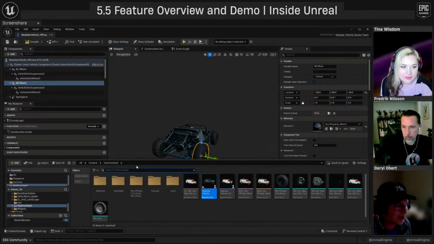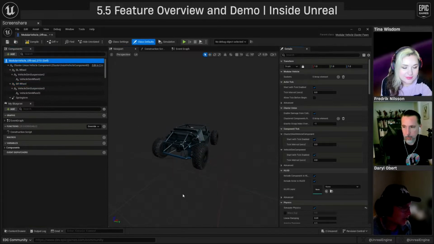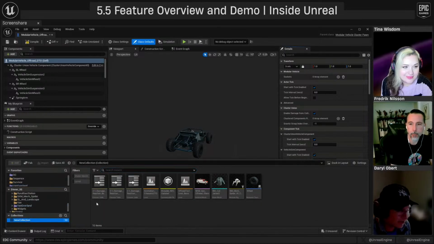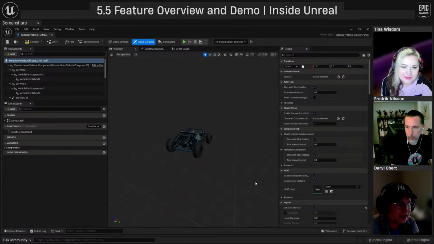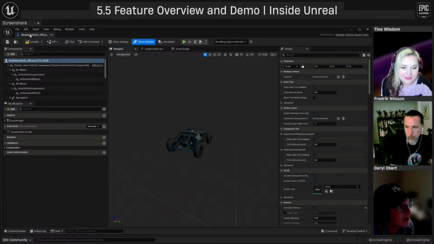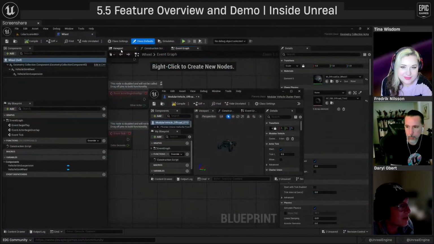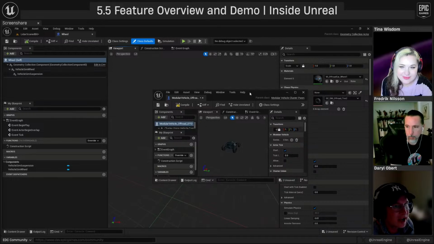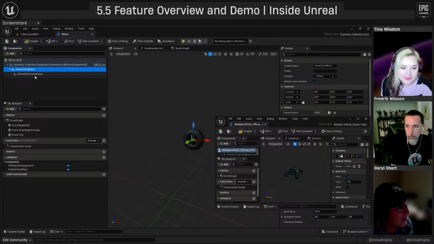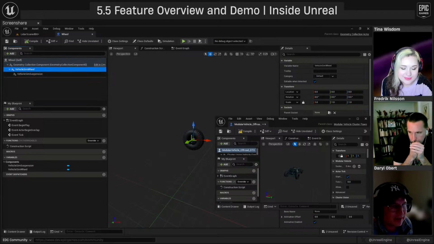Or in this example, I'm actually going to pull up a blueprint. I think if we go in here, I pulled it out. This blueprint is also in the example content. If we just look at this guy really quickly, come on, open up. You gonna open? Oh, there it is. It opened in the background. That blueprint is literally just a geometry collection with the sim wheel and the sim suspension. So the same thing we just talked about.